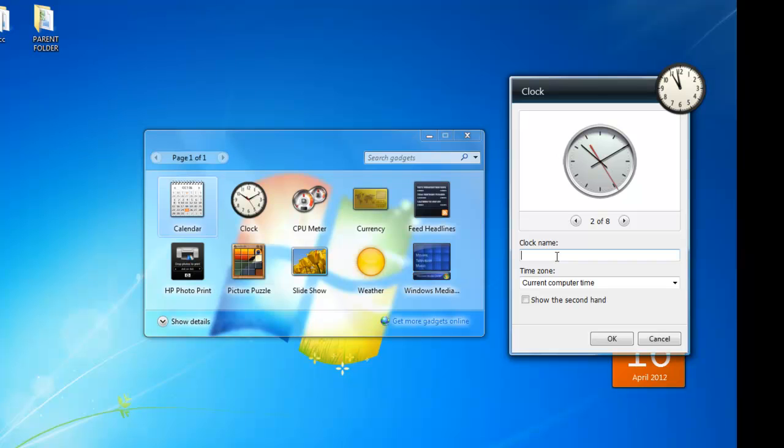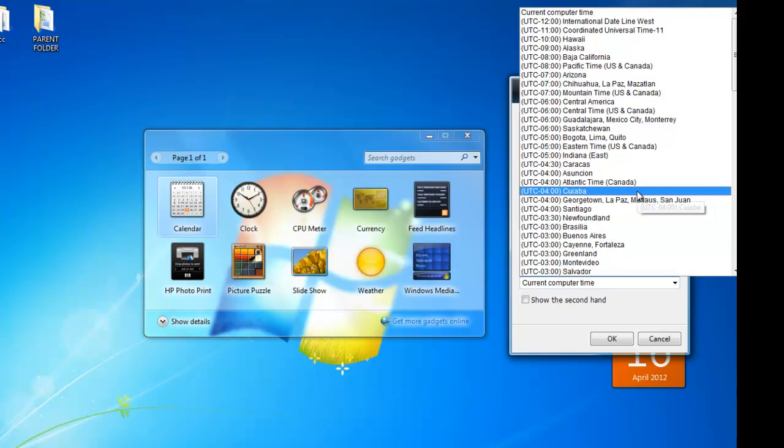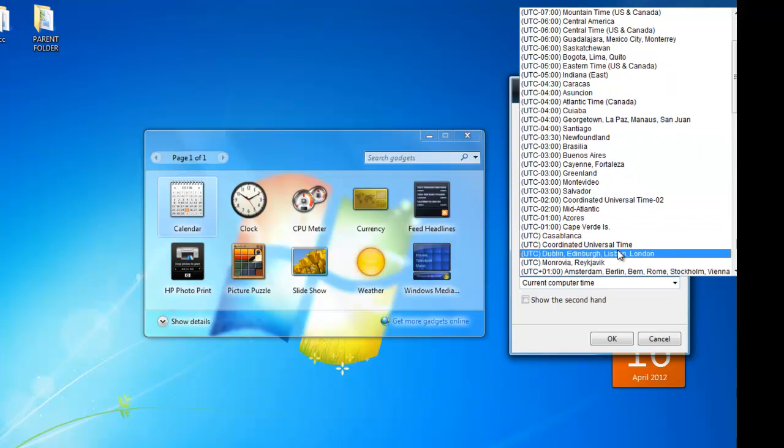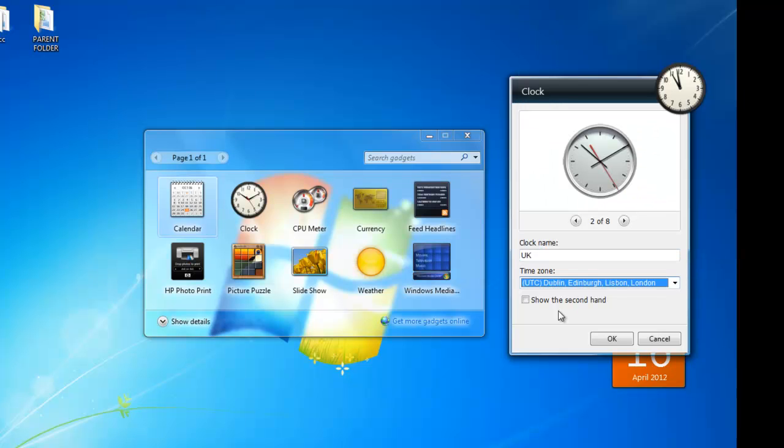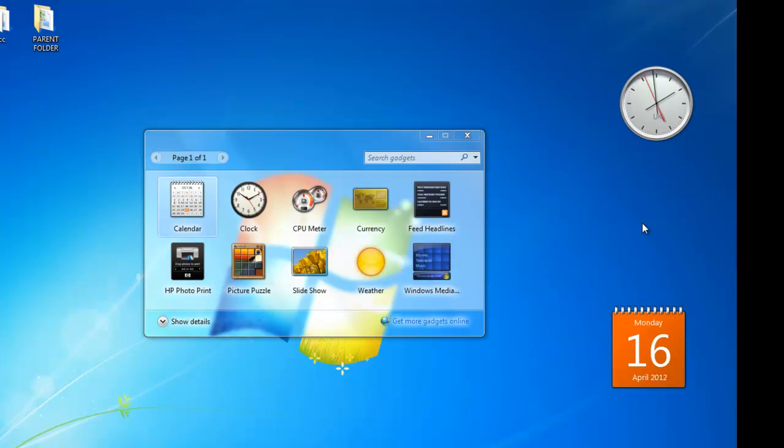I don't have to have it as the current time. What I could have, perhaps I've got a lot of family in the UK, so I always want to be able to see what time it is in there. So I'm going to give my clock a name, and I'm going to change the time zone to London time, and I want to show the second hand. There we go. So now I know that it's 2 o'clock in the UK,